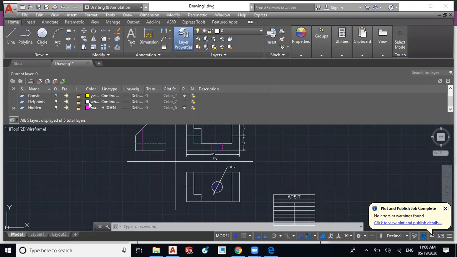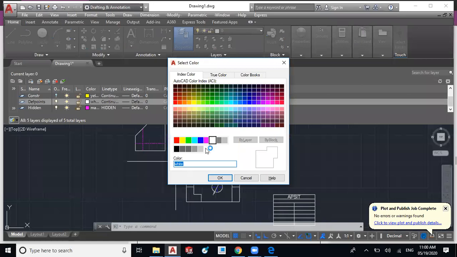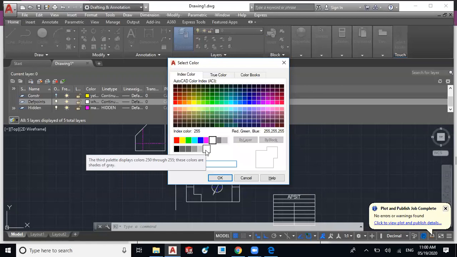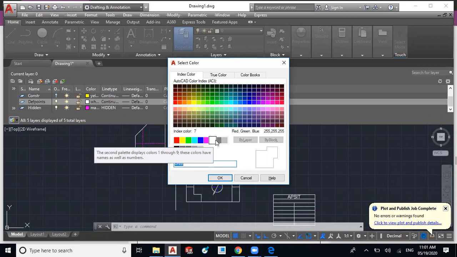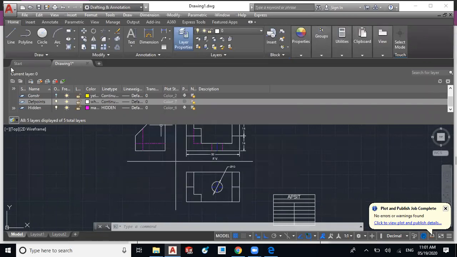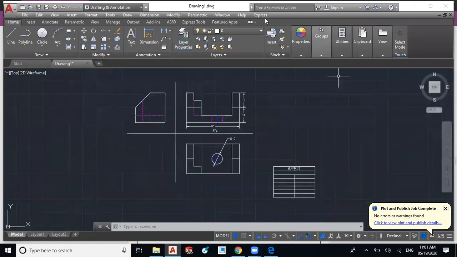Okay, and you should avoid the white color. By mistake we may select the white color like this, 255. It is also not showing the printing properties. It is paper color, so it will not get printed on the white paper. So you have to avoid this 255 color. For white you have to use index color 7, and only then will you get the print of this object. These are some tricks you have to remember, because you may face difficulty while printing. So we have done with the orthographic.